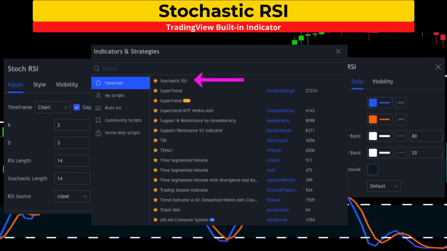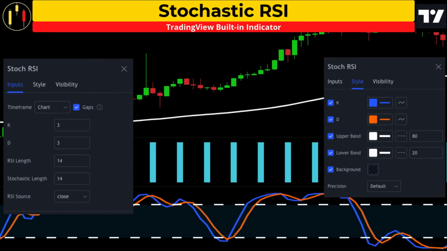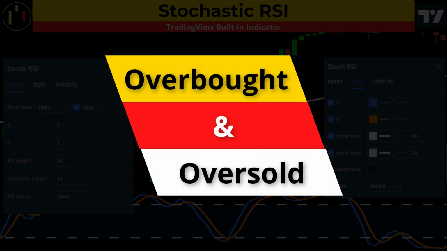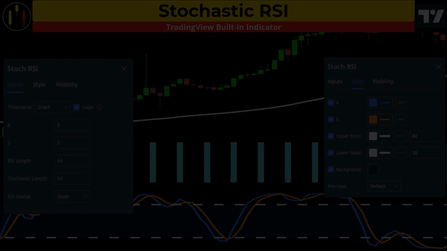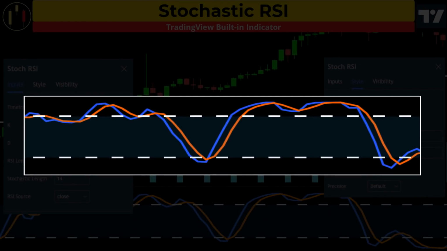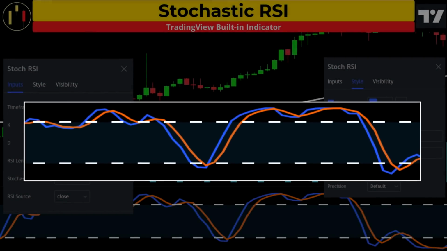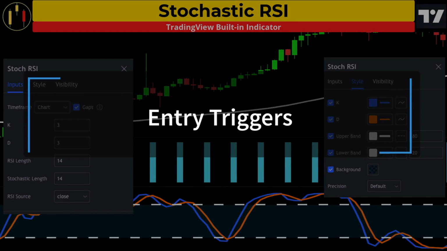The second free TradingView indicator is the stochastic RSI. Inputs will remain at default settings, and I will thicken the lines for presentation purposes. The stochastic RSI is a very popular oscillator that attempts to determine overbought and oversold market conditions. If both lines of the indicator close above the 80 level, the market is considered overbought. And if the lines are below the 20 level, price is considered to be oversold. In chopping broccoli, this study will provide our entry triggers.